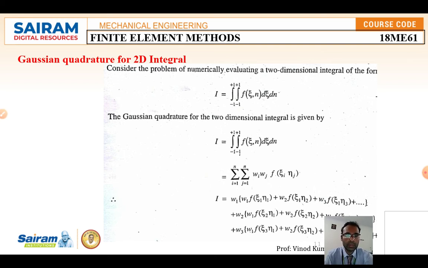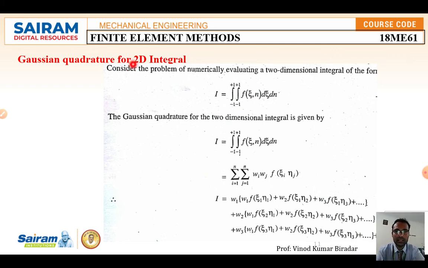define the definite problem. In FEM, for some problems we cannot solve the definite integral directly. In such cases we are going to use this Gaussian quadrature formula, that is the 1-point formula, 2-point formula, all those things. So let us consider